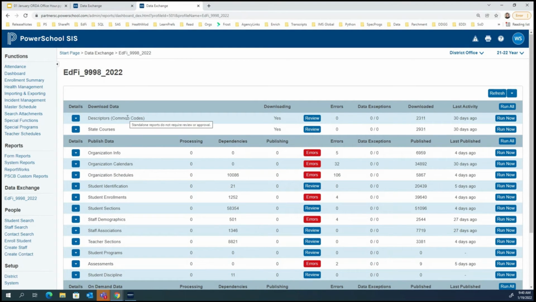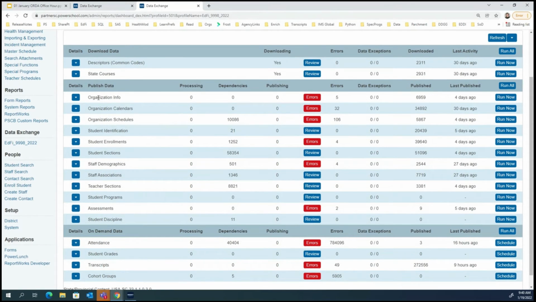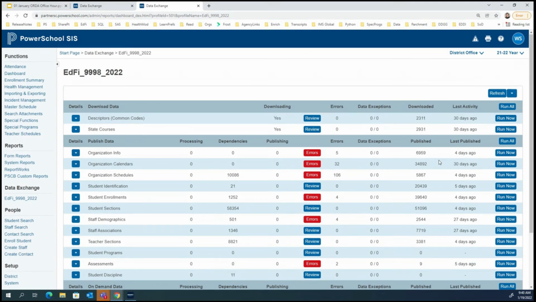All right. So once we've done our code set mapping, or even if we're asking you all to hold on that, we can still come back over to our dashboard, and we're going to look at basically how to publish data to the ODS. So that's where we are now, very close to the end. And so for these categories for published data here, you can either click Run Now and just let them go in order, or if you prefer, you can go one at a time.